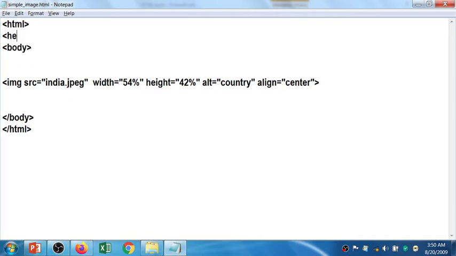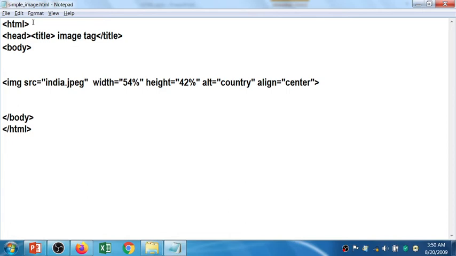In HTML I'm going to add the head tag, and I will add a title to this web page. Let's say image tag. I'll close the title tag. Then I have opened the body tag and the image, with src india.jpg. The width of the image is 54% of your browser window, and the height is 42%